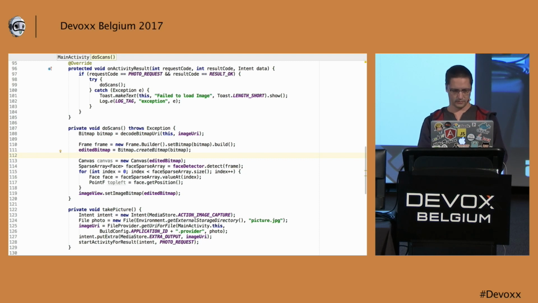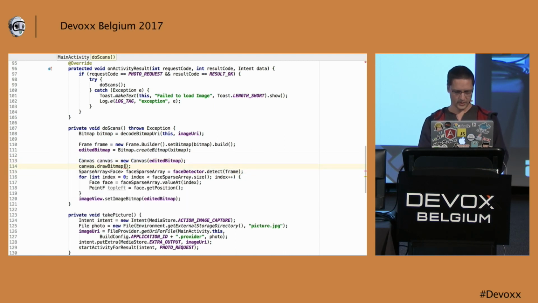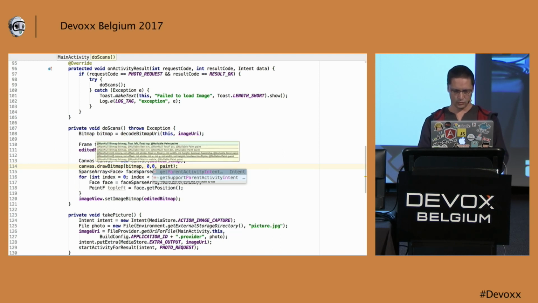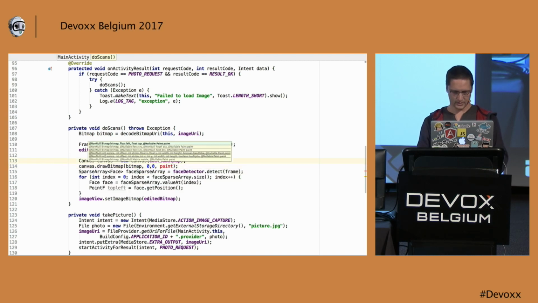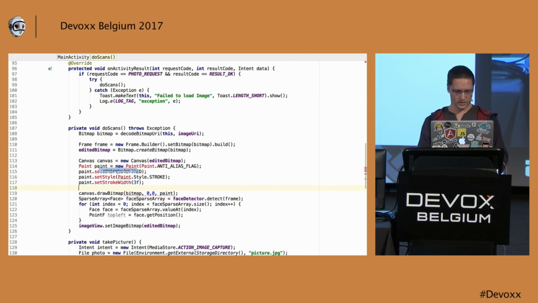So I will need to just go there, canvas.drawBitmap. The bitmap will start at the top left corner, and I need a paint to draw on it. Come on, paint, like this. So I don't have a paint for the moment, so I will just create it like this. Created a paint, a red one, to draw on my bitmap.